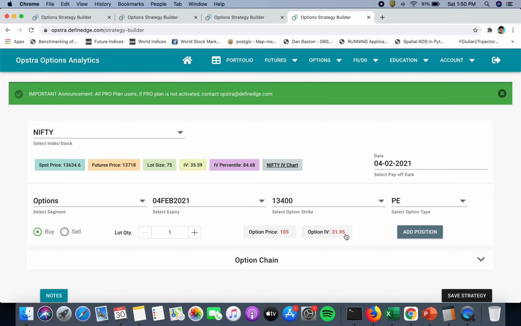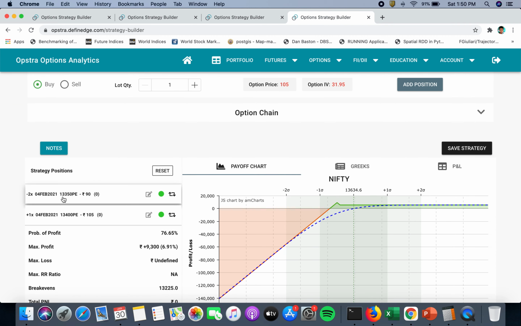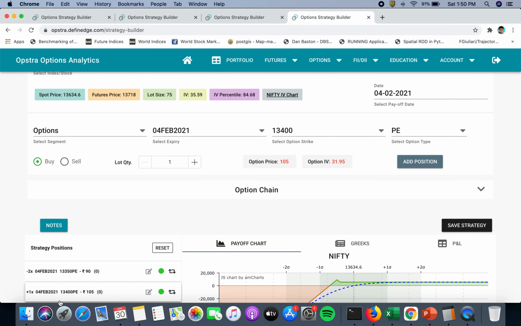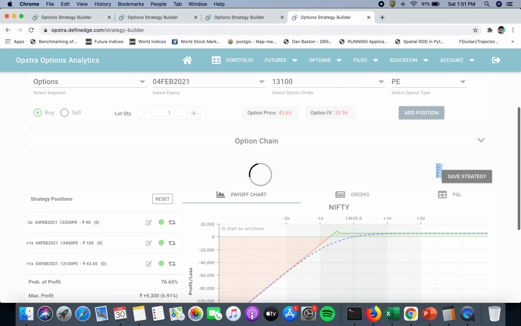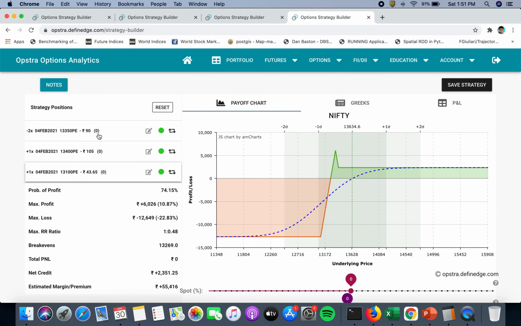And then what you need to do is, from this particular strike price, which is 13350, for which you sold two lots, you need to go 250 points away from this, or basically below from this for the put side. So what is 250 points below from this one? It's 13100, right? So you go to 13100 and you buy another PE. So you can see that on the put side, we have a totally hedged strategy. We have sold two lots, and we have bought two lots.